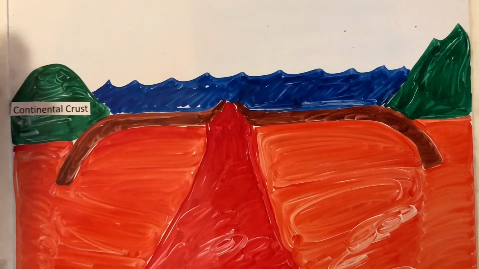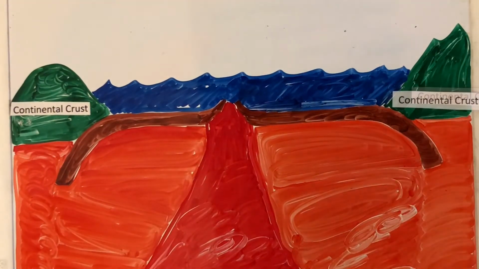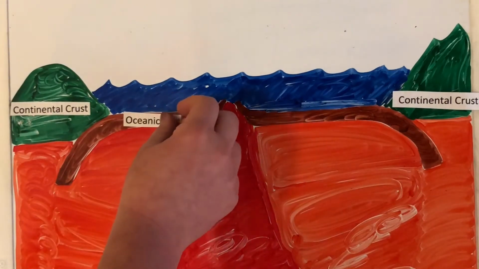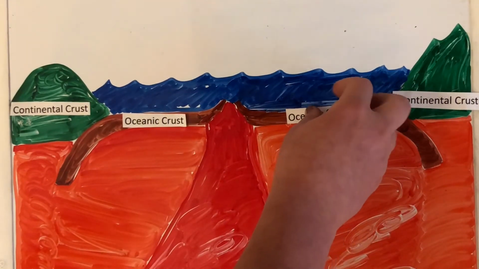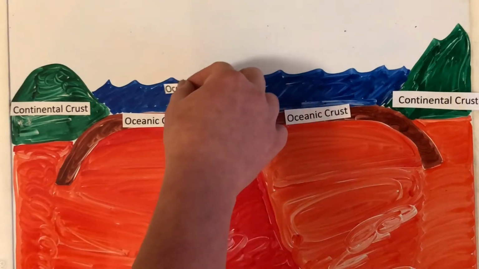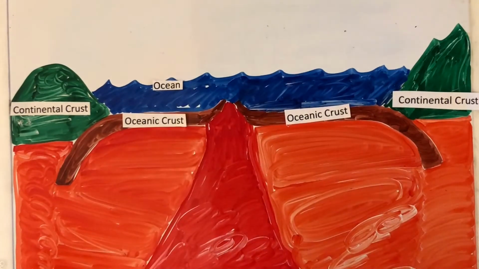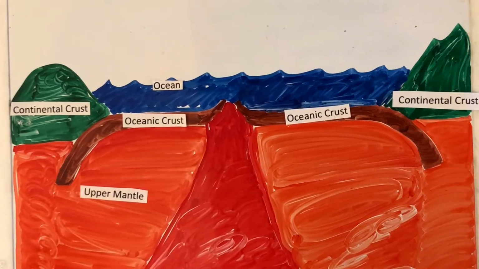The green represents continental crusts. These long, round pieces represent oceanic crusts, which is just another name for the floor of the ocean. Our blue is our ocean. Our upper mantle is orange. Our red represents